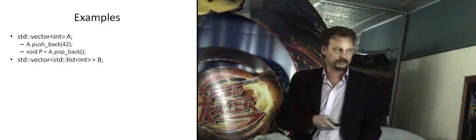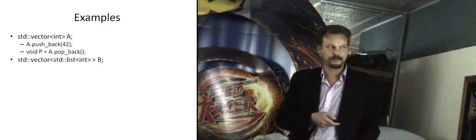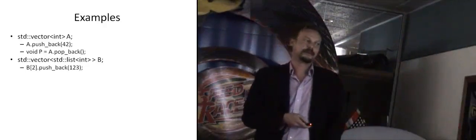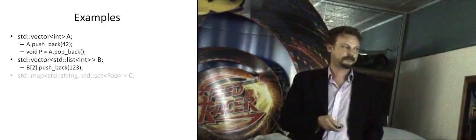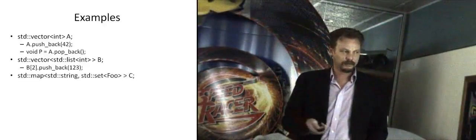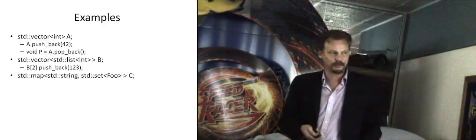Of course, containers take arguments, but because containers are value types, containers themselves can be used as elements to be stored in another container, so you can have vectors of lists of ints, in which case you can access the first one using the index operator. You can go berserk if you want. I guess Tyrone would yell at you if you went too berserk. So you can have maps of strings to sets, and so on.